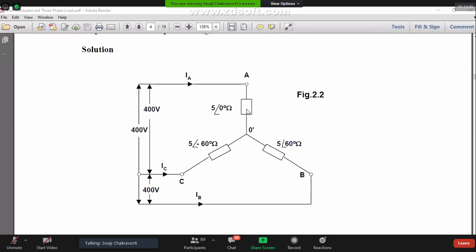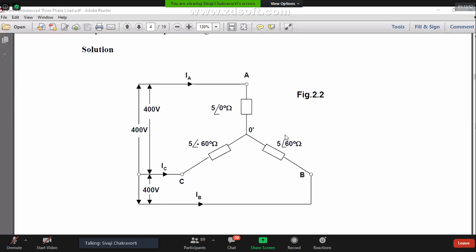They are not balanced. So again, please remember, all these problems I am trying to show you, all these salient features. This problem shows you very, very critical features of the three-phase circuit. So now look at this diagram. What is the problem now? I will tell you. You tell me, look at this.